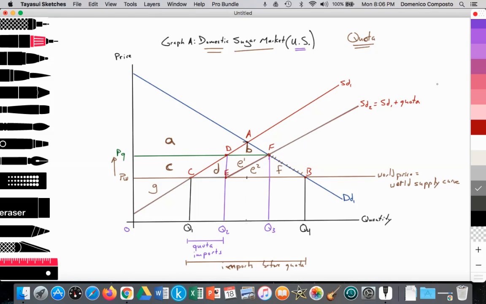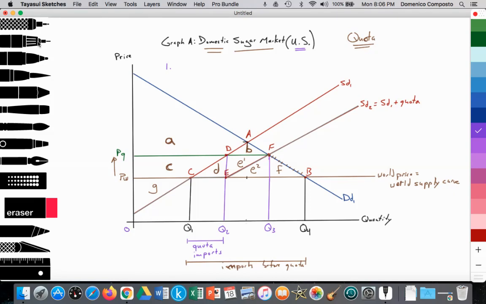Now let's evaluate the impact on different stakeholders. Let's take a look at number one. How does this impact consumers of sugar? Consumers, that being other firms that are demanding sugar as a key input for their production of soft drinks, confectionaries, etc. This negatively impacts consumers because the price has risen from PW to the price at quota, and it reduces their consumer surplus